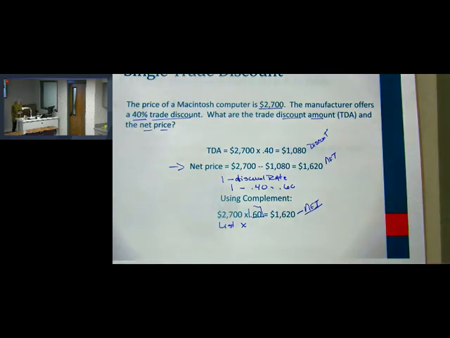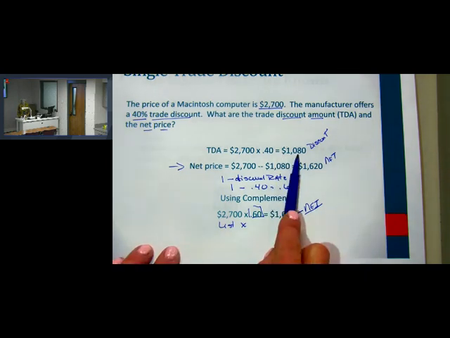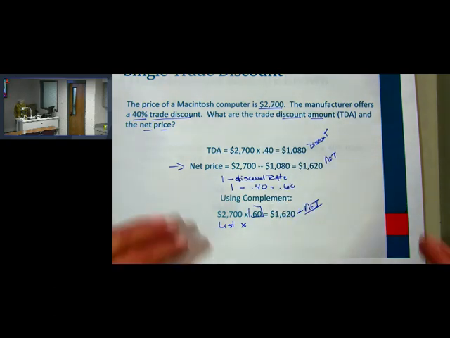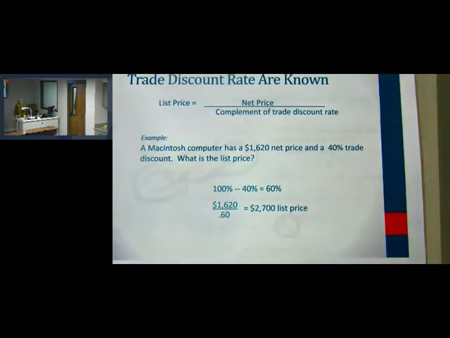Okay? So when I talk about the complement, I'm trying to eliminate this subtraction step. Unless I'm trying to, I don't need it, of course, if all I want to know is the discount amount. But as a buyer, I'm more interested in what's it going to cost me versus what's it going to save me. All right, so get used to that, using the complement. Again, this is one of those things, too, that we'll use in a lot of chapters to come.